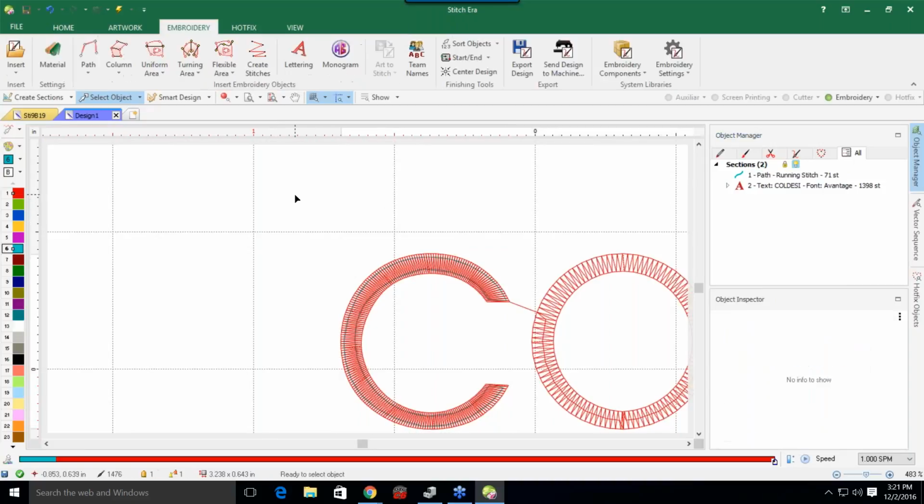Okay. So basically, what's going to happen now is when you're done creating your text and you load it onto your machine, you're going to make sure that you put in that path running stitch first. So that's the first thing that's going to sew out. You set your machine for it to stop after that path running stitch is done sewing, and you lay your garment over that